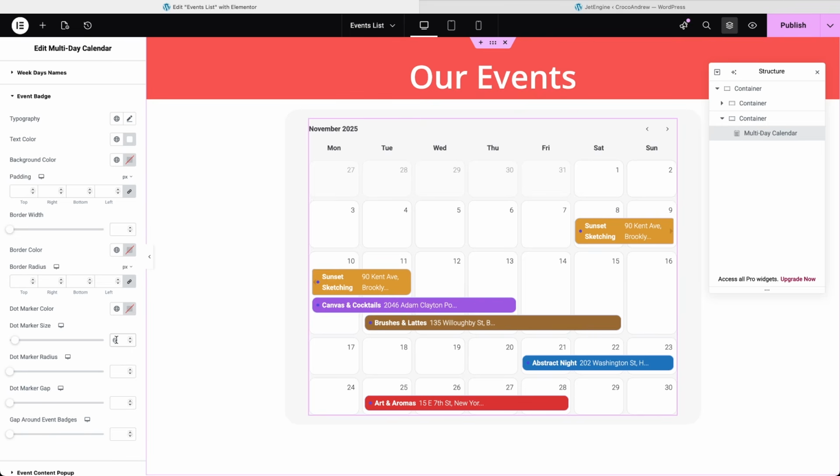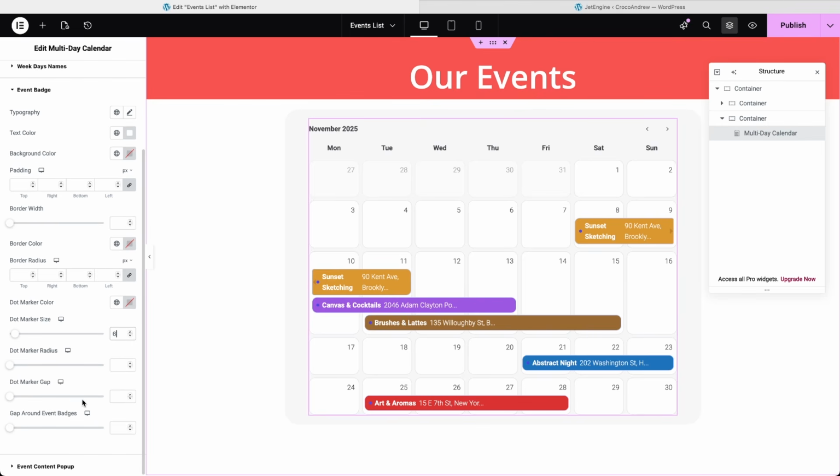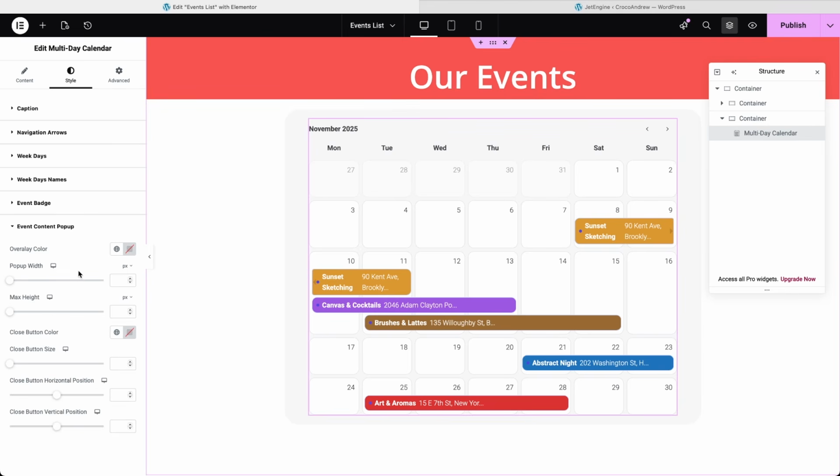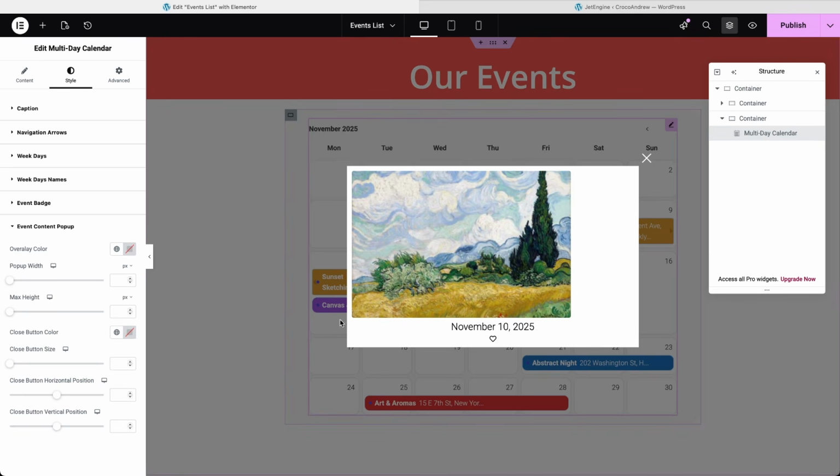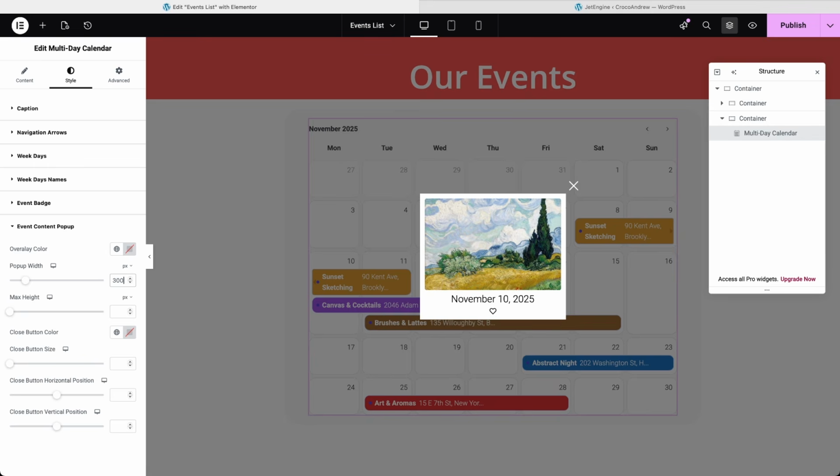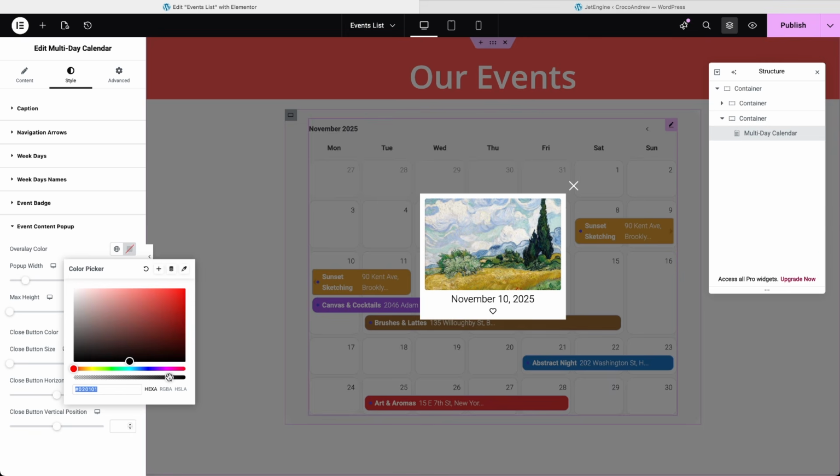And right below the badge controls, you'll notice another group of settings, the event content pop-up. This is because each event badge can open a pop-up with your full listing template. So when someone clicks an event, they see all the details you've designed in that listing, and here you can simply adjust how that pop-up behaves: the overlay color, the pop-up width and height, and the close button styling and